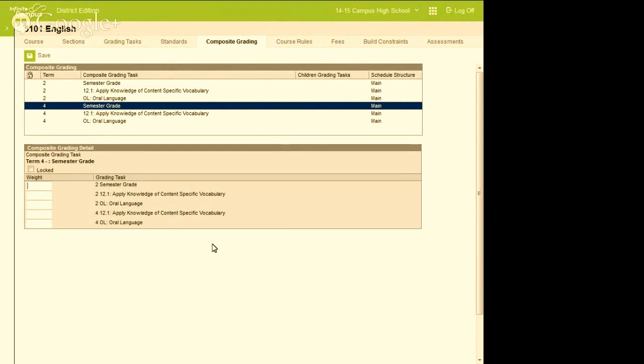So the scenario on the board is basically saying that 9 weeks plus an exam equals semester 1, and then the same is said for the second semester. So 9 weeks, semester. And those would be the grading terms, grading tasks.